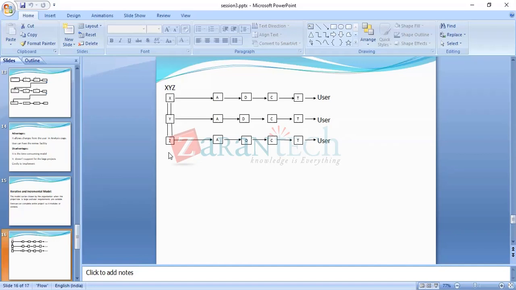You understand the whole concept, right? Here we can implement the project with respect to modules. Module to module, we may add requirements, we may delete requirements, we may modify requirements. Anything may happen. That is what incremental. So to show that relation, I have given two parallel lines between X and Y, and between Y and Z, to integrate X with Y, and Y with Z.